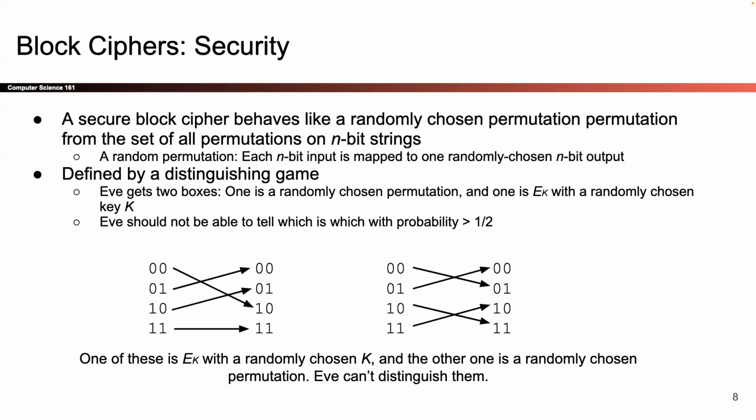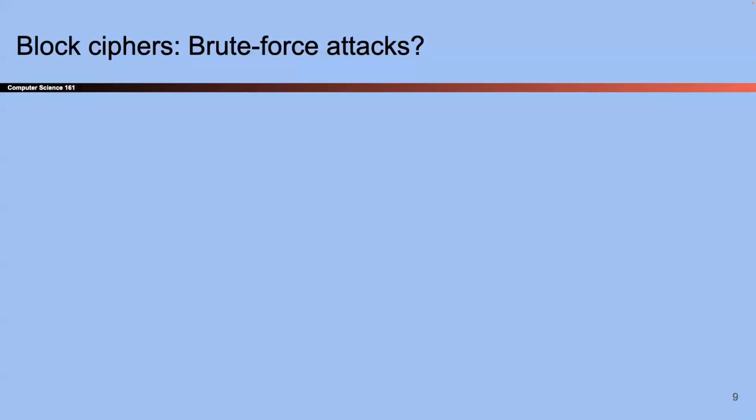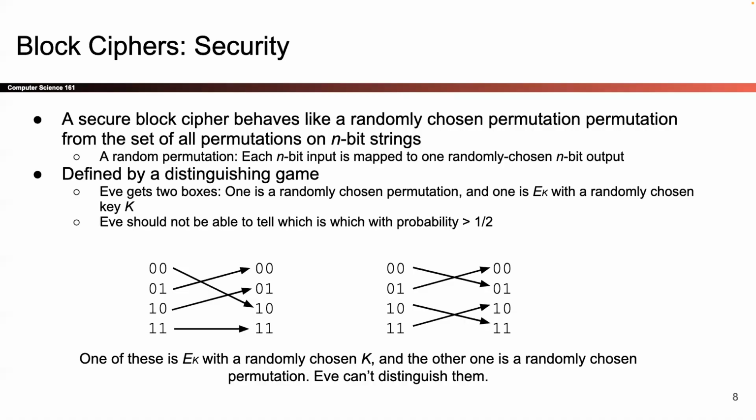So that's the distinguishing game. Let's think a little bit more about one possible way you can break this. I'm not going to go into it in too much detail, but you could just try all the K. So you could say, okay, well, I know one of these two came out of E sub K, and the other one was just dropped